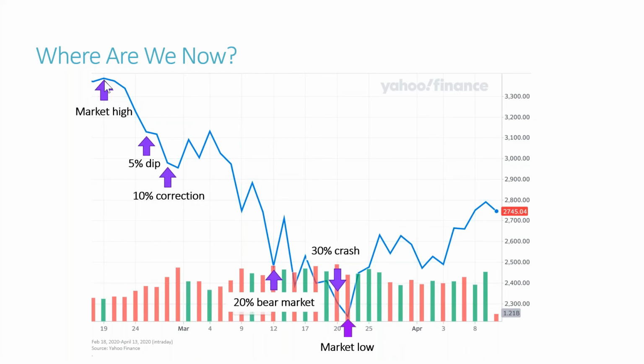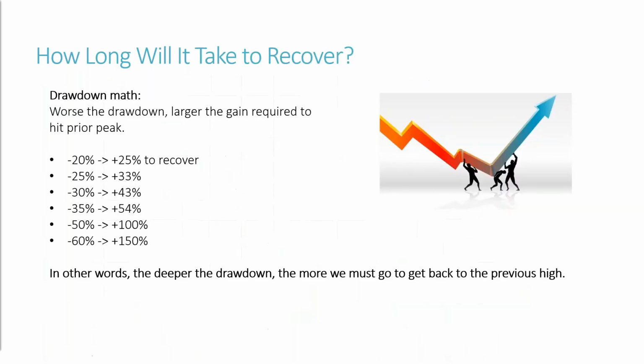As we continue to get data, we hopefully see the virus peak in the United States and start to go back the other direction. But one thing which leads me to the next slide here is that the further or deeper that the market drops, the more we have to earn for it to bounce back on the upside.